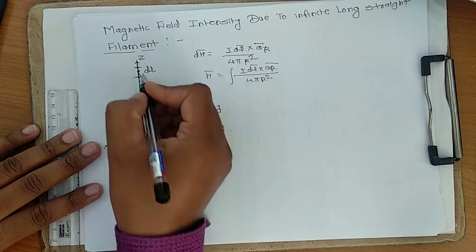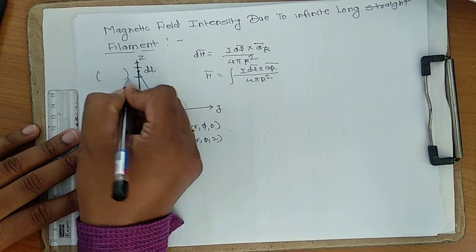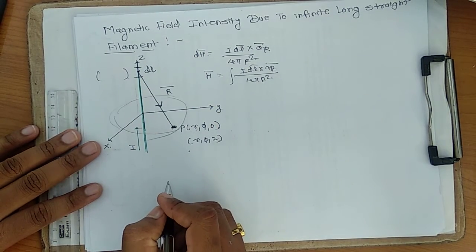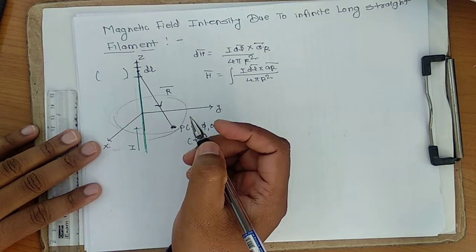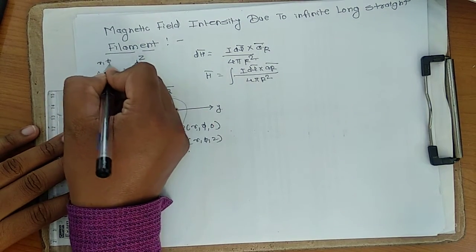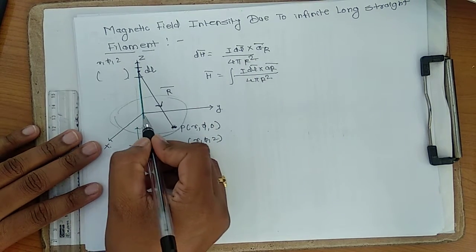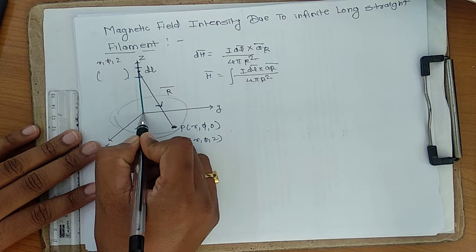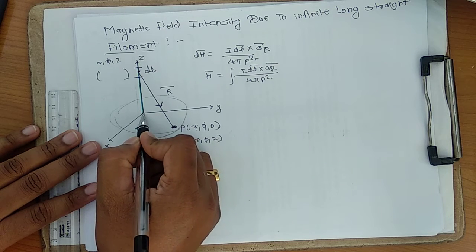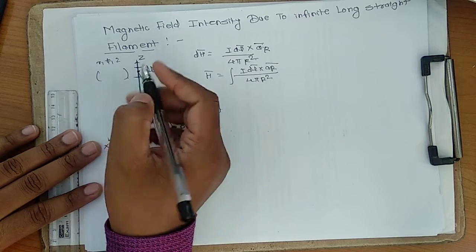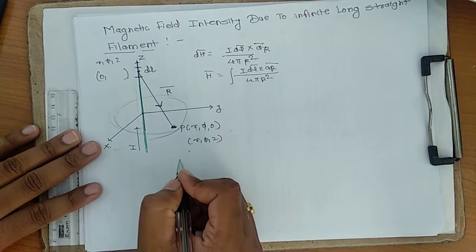This is r, phi 0, and here also you require some coordinates. Now this is a cylindrical coordinate system, and which coordinates will we have? That is r, phi, z. So what is r here on the straight line filament? If you are considering the straight line filament, and this is the center of the cylinder, what is the r on this straight line filament? It will be 0. What about the phi angle?